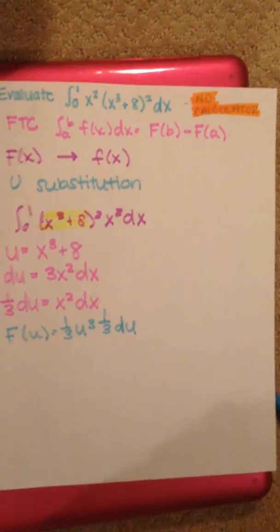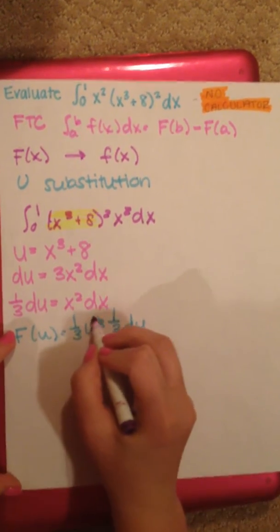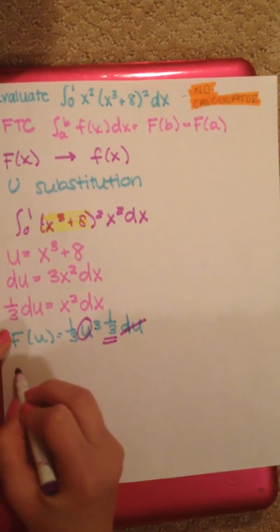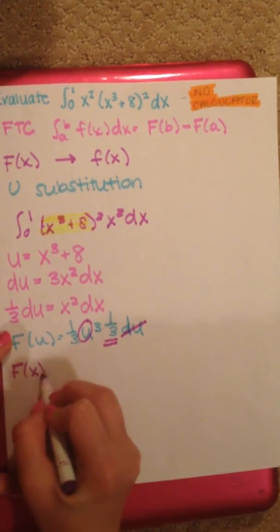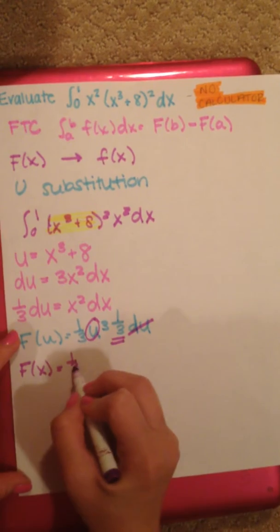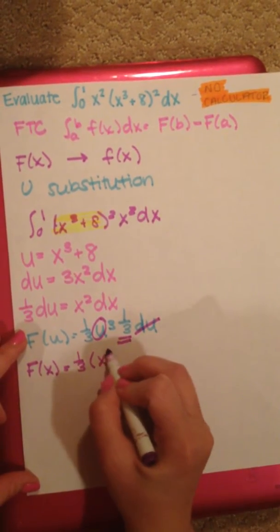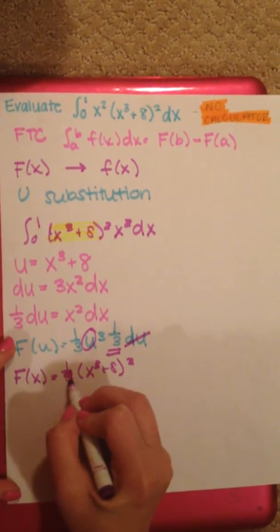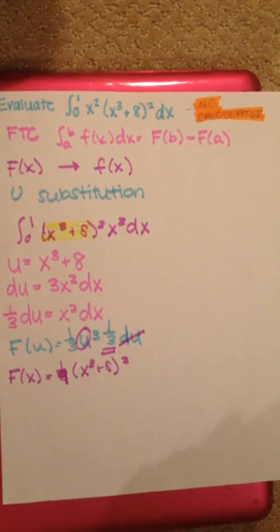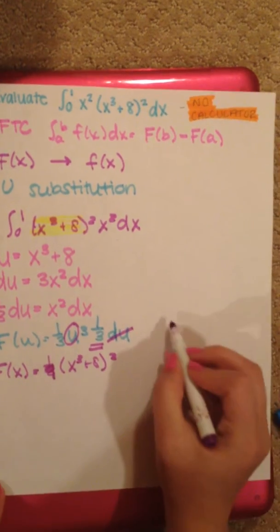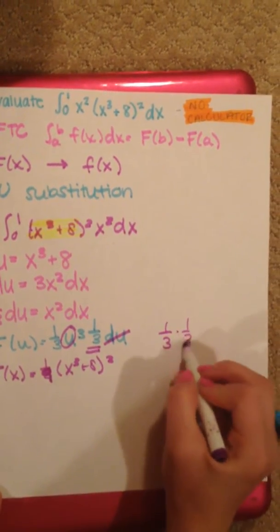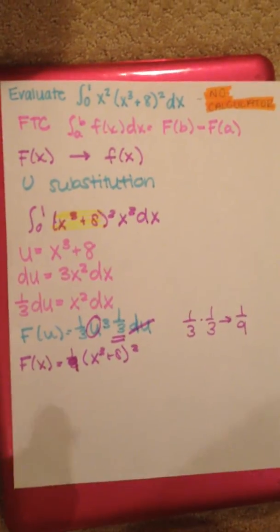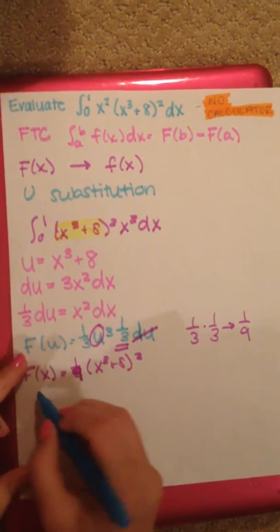So what you're going to do is substitute your u back in, and your du goes away, but you keep your constant. So F of x is equal to 1/3 times (x cubed plus 8) cubed, or I'm sorry, 1/9, because you multiply 1/3 times 1/3 to get 1/9. So now that you have your F of x,